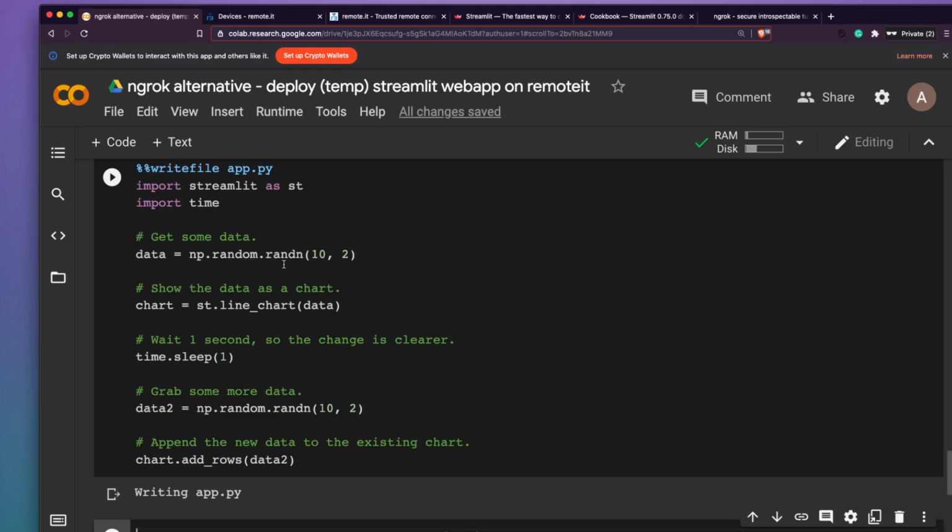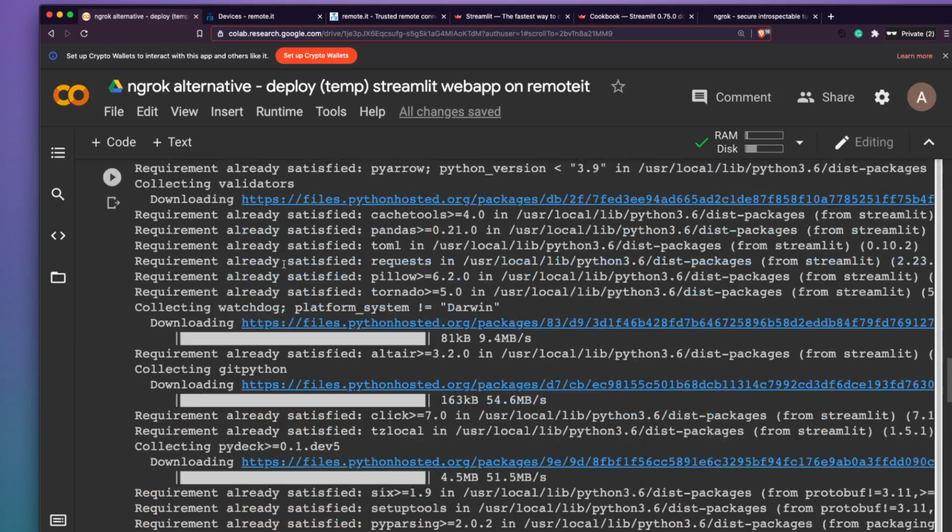The objective here is to show, when you build a Streamlit application on Google Colab, how to share it instead of taking much time to deploy it on different services. Of course, Streamlit sharing is one service that Streamlit itself offers. If you have your code available on GitHub in a public repository, you can share it with the world, but this is an alternative for that.